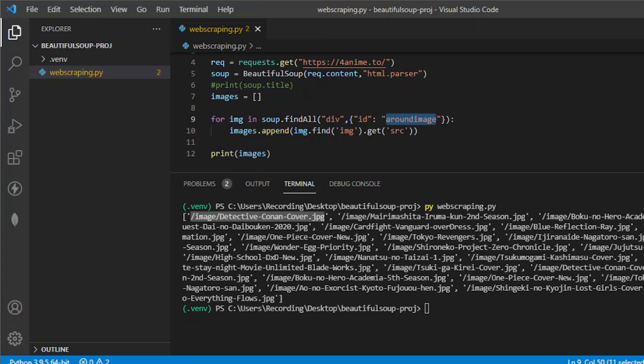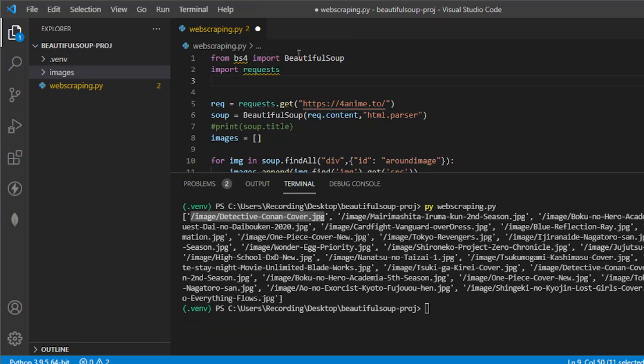Now that we've identified this information, the next thing we need to do is save this information in our local drive. So the goal is all this image information, we're going to save in our local drive folder. From this point, I'm going to create a new folder and we're going to call it images. Now to perform the download or the saving part, we need to call another package, and that package is called